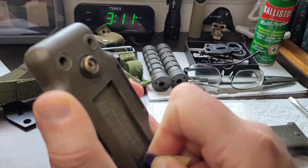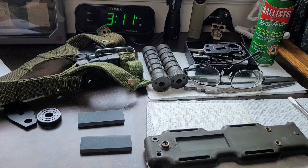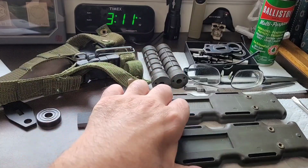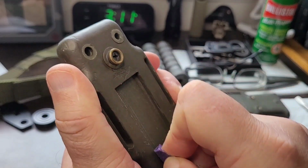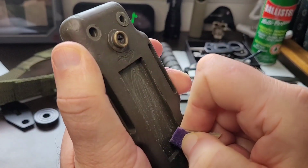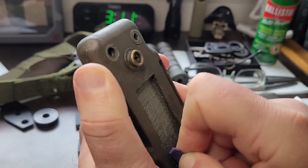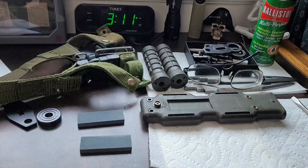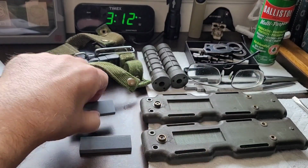I'm a fan of the cross kind of scratching, just get a little bit both ways. And I'll be cleaning these out again because you want clean surfaces to mate. And again, you don't have to do a lot of this. So don't go freaking crazy. Just enough to rough the surface. Just because I'm kind of OCD,